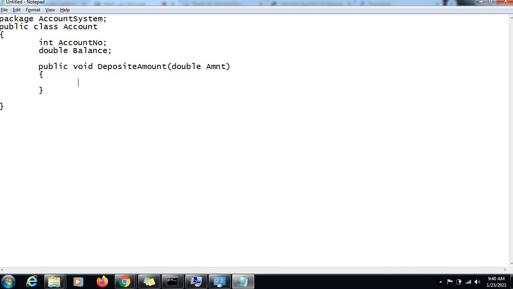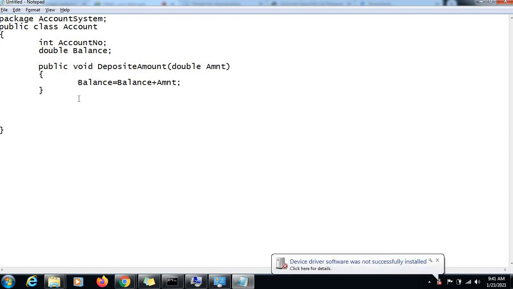So the logic of this would be balance equal to balance plus amount, right? Simple. So let's keep just this method and the get balance method. Let's not add other methods over here because we have already added them in the previous example where we were implementing the full-fledged accounting system.